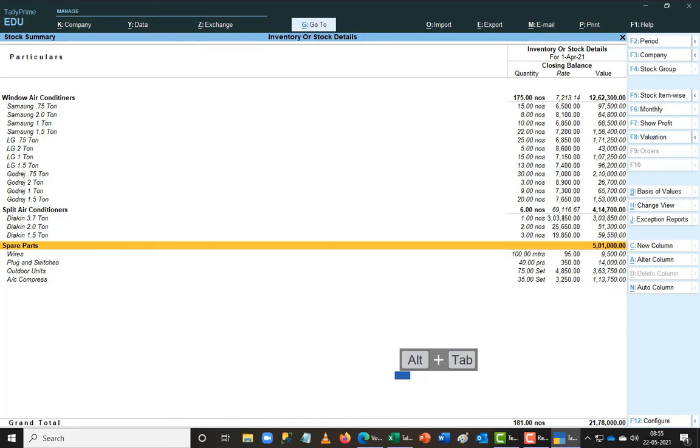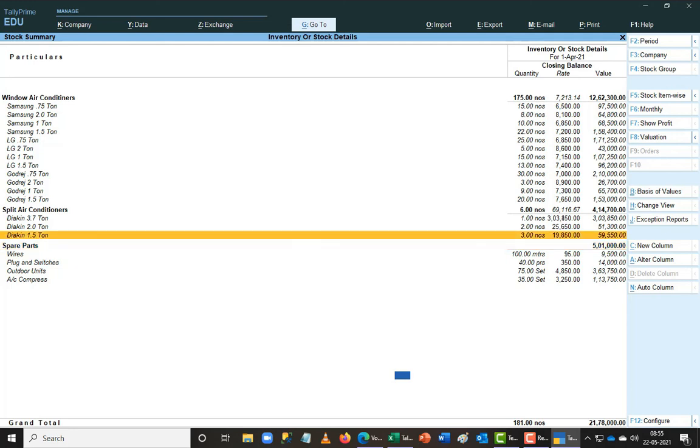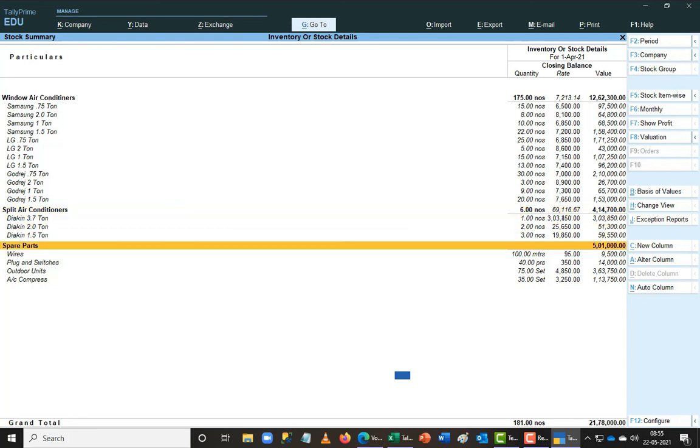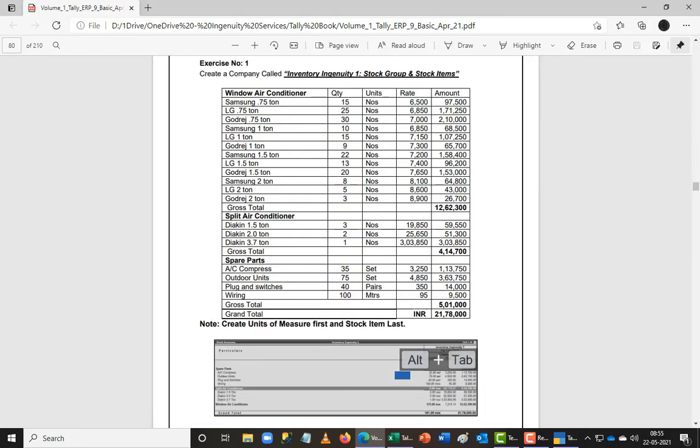And if you closely watch, one of the stock doesn't have the total here, the spare parts, because in split air conditioner all my below items are numbers. Even in window air conditioner it is the same. When I come to spare parts, I have 3 different units of measure coming into play: meters, pairs and sets. Because of that, it cannot total them up or sum them up and show you the spare part information. So this is how I feed my